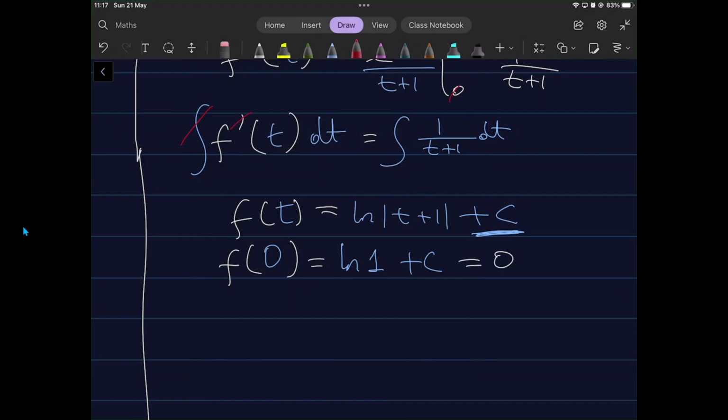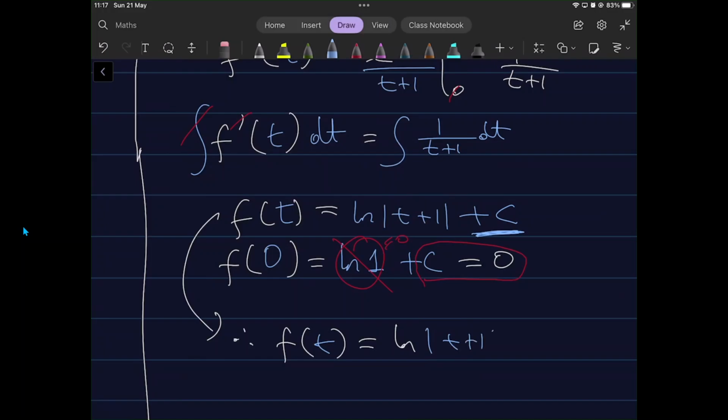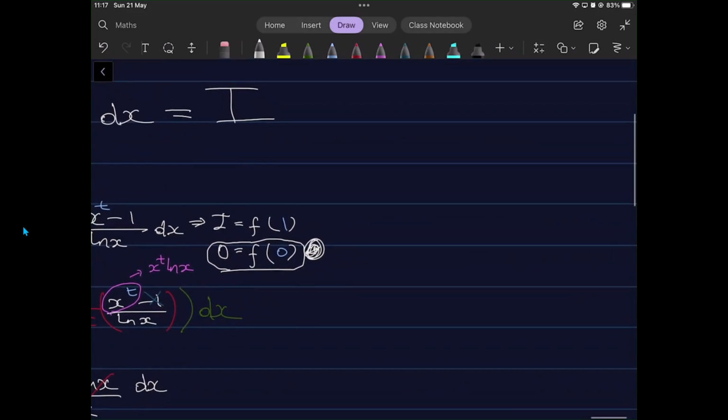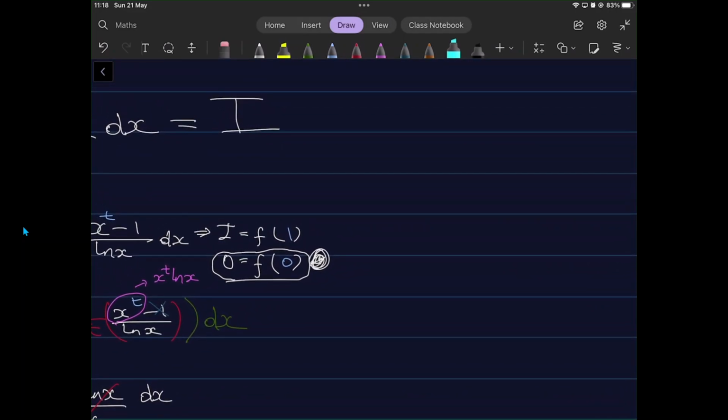And what is ln of 1 precisely equal to? This is equal to 0, so we can just ignore it, cross it out, and so c is also equal to 0. So our f of t can be redefined as ln of absolute value of t plus 1, and well, our plus c is just plus 0, which we can just ignore. So the very, very final step is that we need to acknowledge the fact that